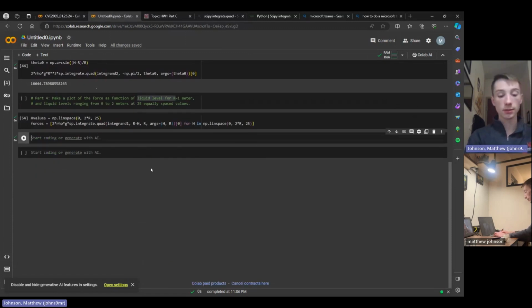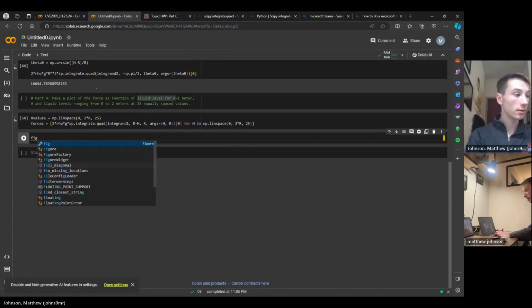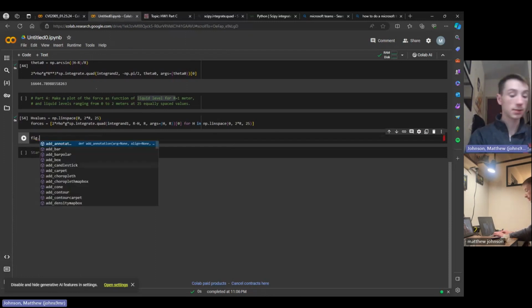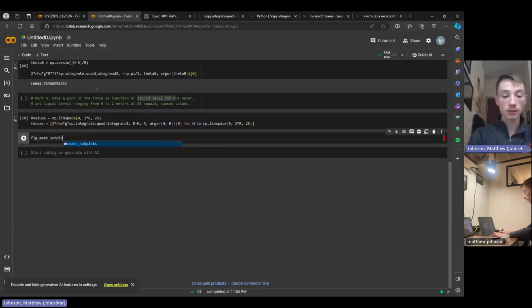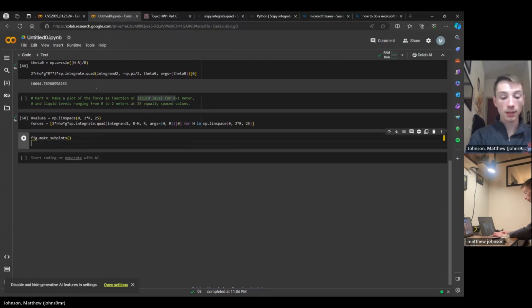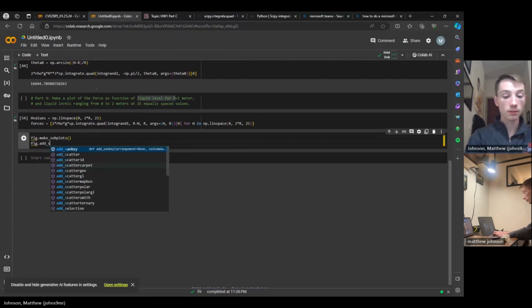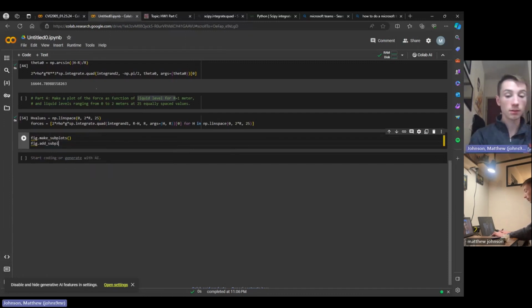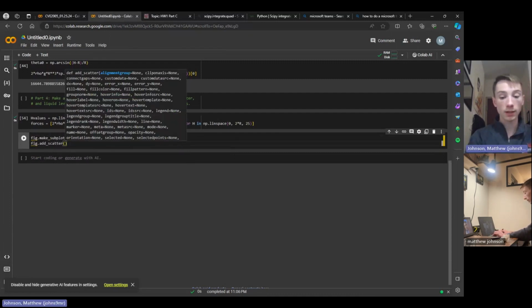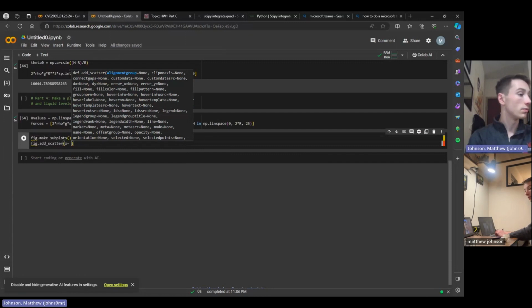All right, so we can go ahead and do make_subplots, and then we need to add the subplot itself. That'll be a scatter plot. Okay, and we want our x values to be